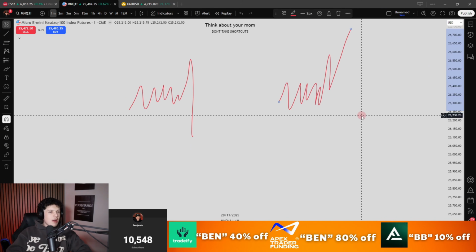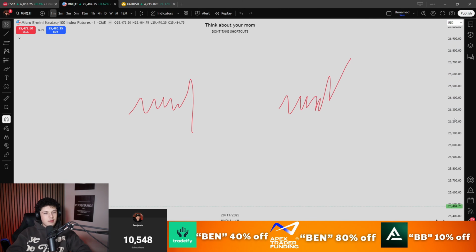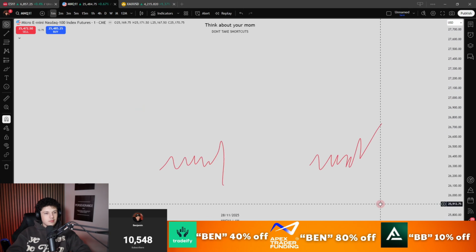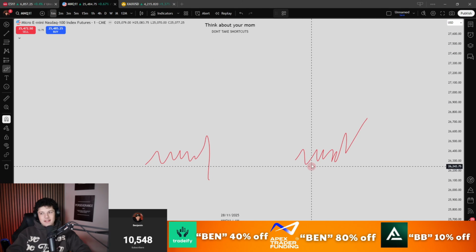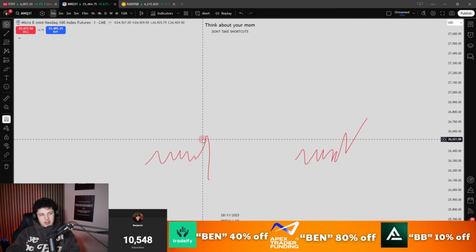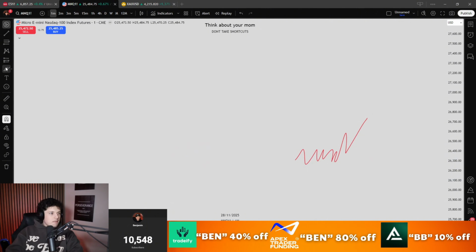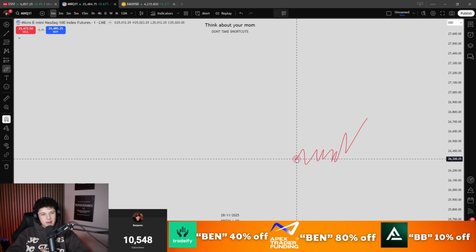Now, if we're going to zoom out here, which I want to zoom out a little, you're going to see that inside of this, we're going to start with the expansion. Usually we start with power of 3. We're going to start with the expansion profile. What does this look like to you? Does it look like a missing piece of a puzzle? If you guess market maker buy model, you will get it right. And if you don't know what a market maker buy model is, I'll explain it later. But